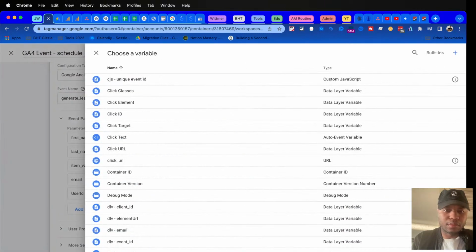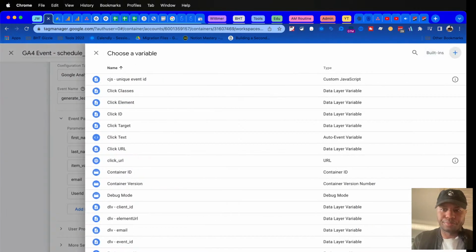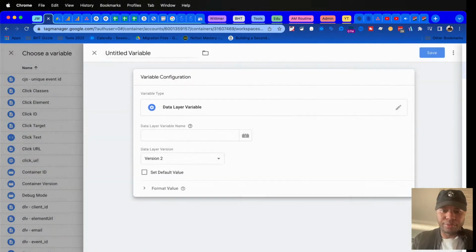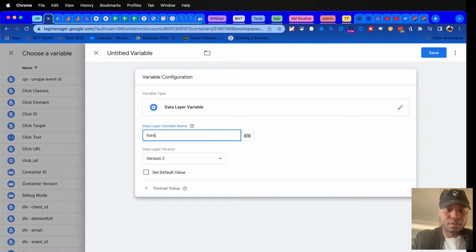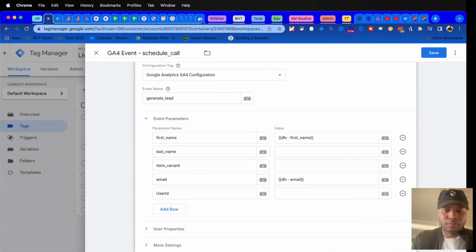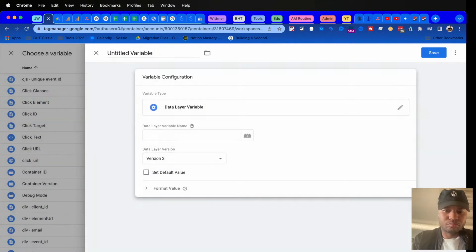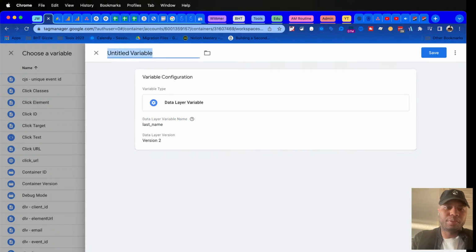First name, last name. Let's see. Oh, yeah, I do have it. It went there though. Wrong place. Okay. So data layer variable. Oops. First name. Last name. And again, obviously, you're not even going to be able to keep any of this information unless you